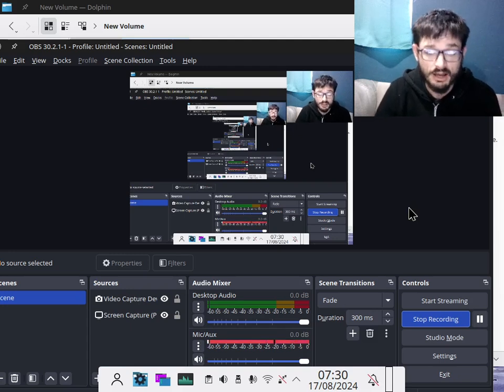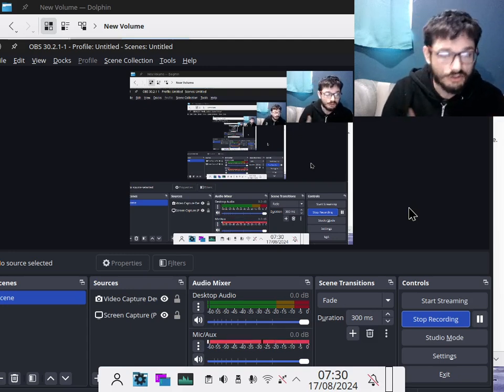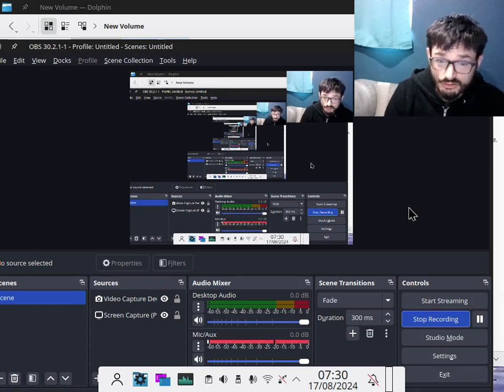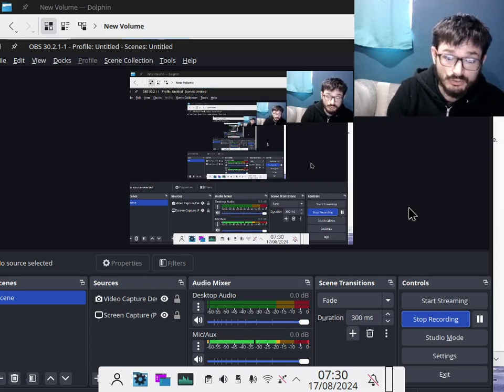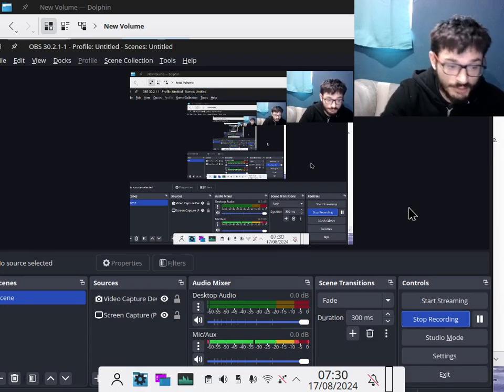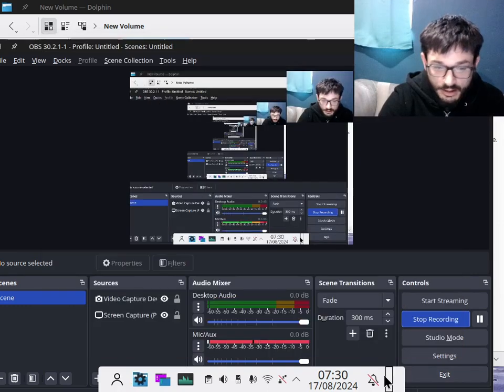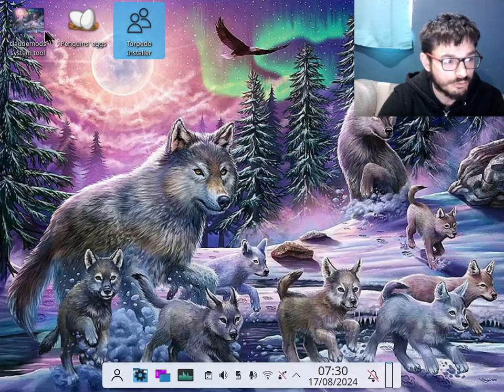You've got the updater, you've got the DNS manager, you've got the GPU drivers, you've got the app image converter to the local application menu. So when you basically, I don't think I've got the application installed here.